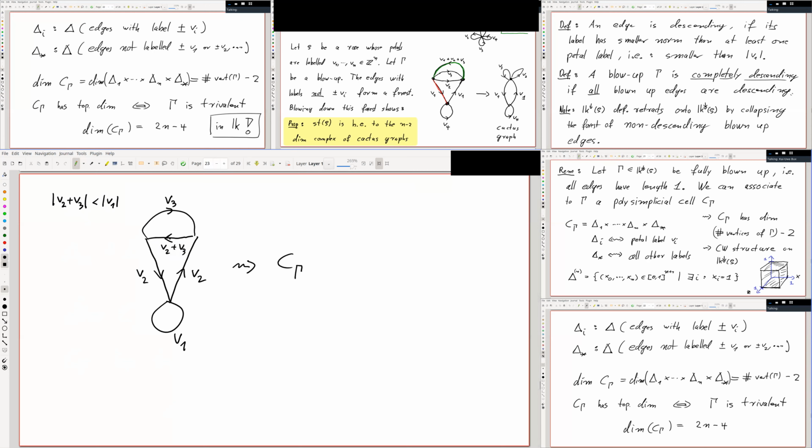So this is gamma. What can we do and stay in the link? In order to stay in the link, we always have to have fully blown up edges for the petals of the other rows that we could go to. So any rows that we could go to need to have fully blown up petals. So this has to stay at length 1, this has to stay at length 1, and this has to stay at length 1, because we need to be able to go to two different rows, right? Depending on whether we blow down V3 or whether we blow down the sum, we go to one rows or